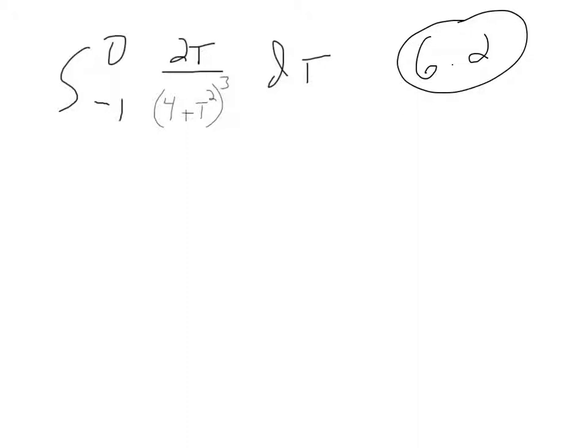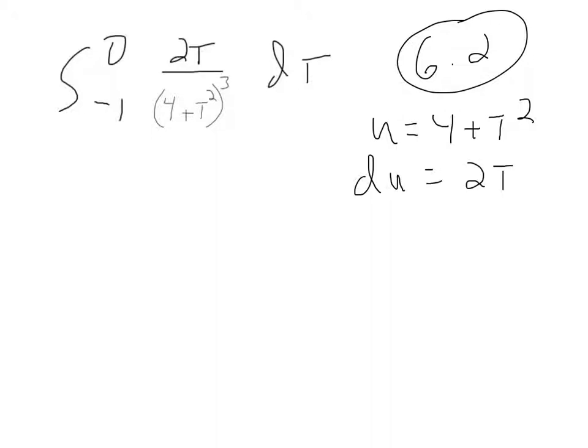And you'll see, I'm going to walk you through this. So how would we do this problem using a u-substitution? Well, I'm seeing that the derivative of t squared is 2t, so I'm thinking this would make a good choice for u. You've also found that when you're given a fraction, often part of the u will be in the denominator. So I'm going to say u equals 4 plus t squared. So du